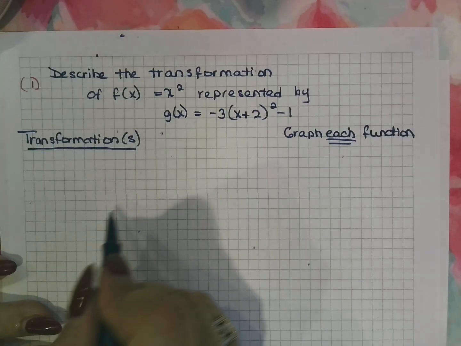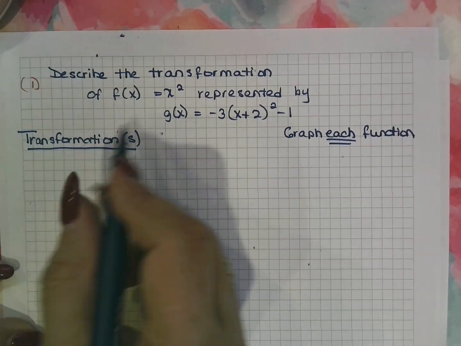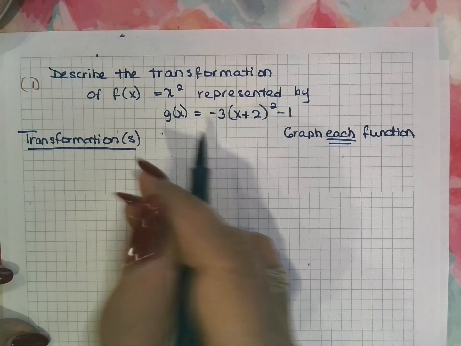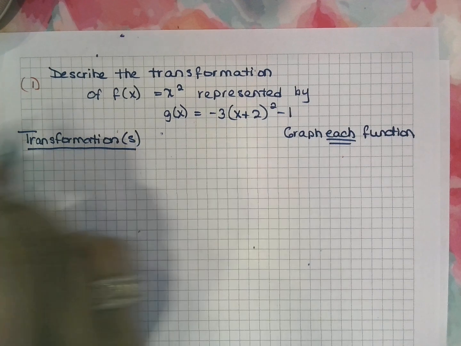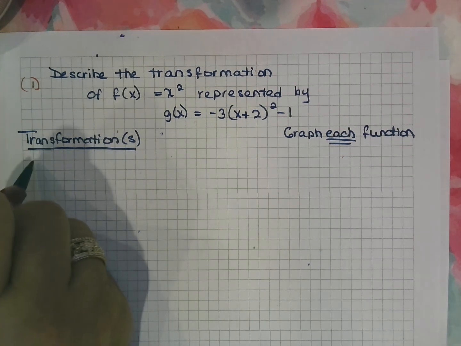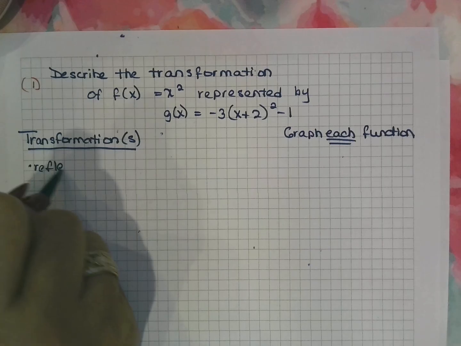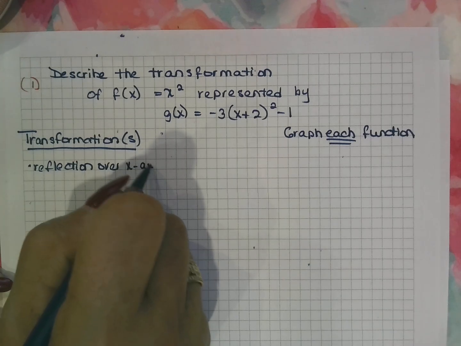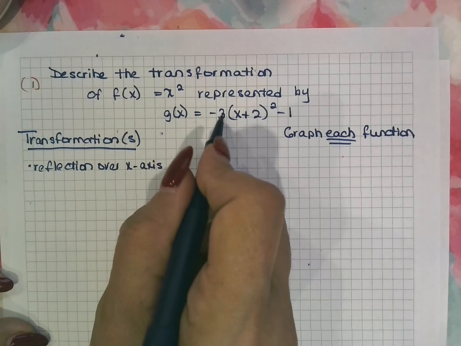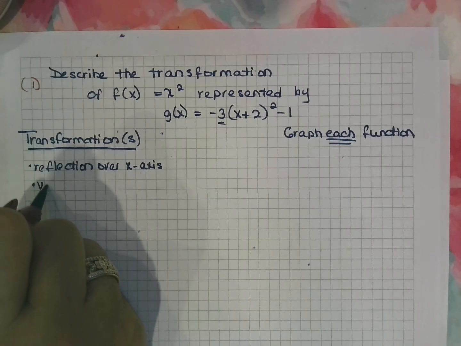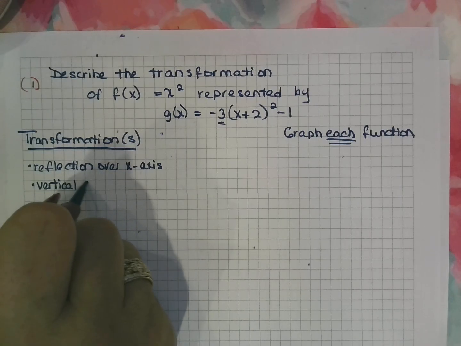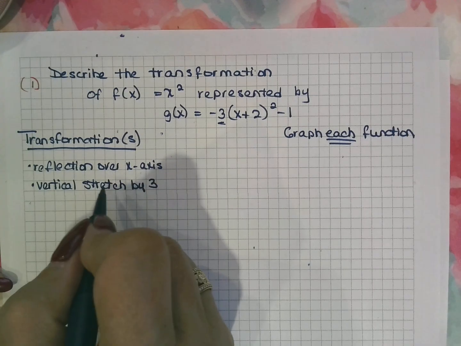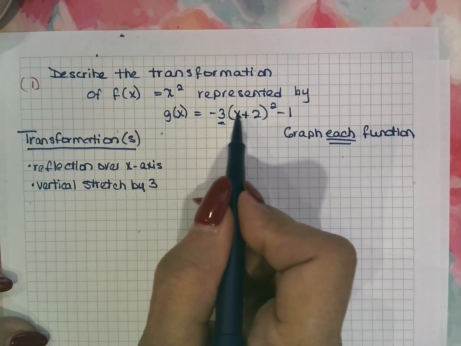All right, so let me look at the transformations, and again, we're going to list the transformations in whatever order we like. No, I don't care which order they are in. So the minus in the front, that's going to be a reflection over the x-axis because it's happening outside the function. The 3 out here, that is a vertical stretch by 3. It's a stretch because 3 is greater than 1, and it's vertical because again it is happening outside